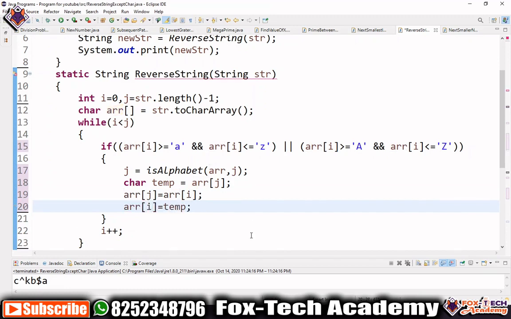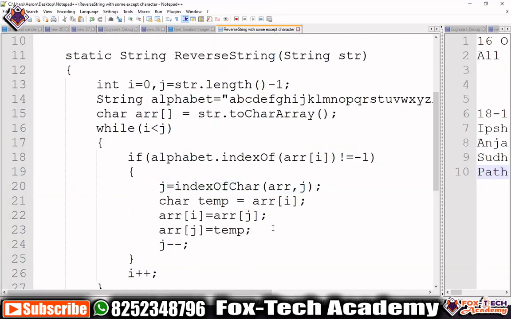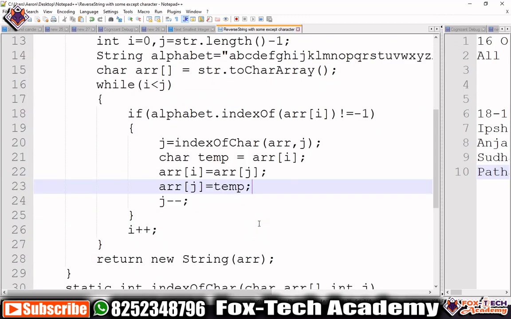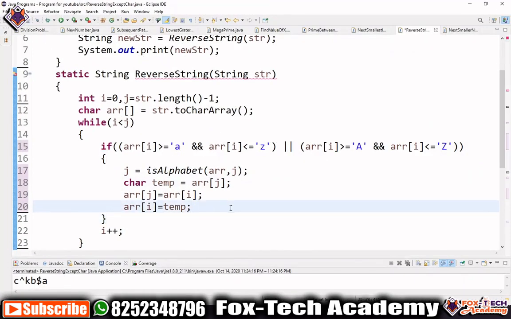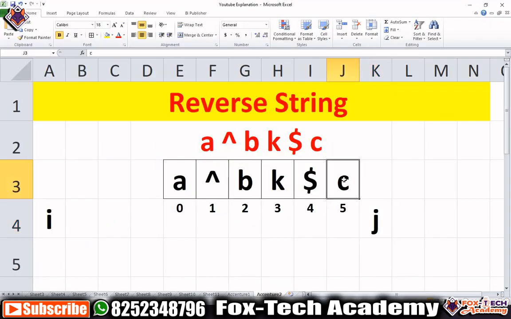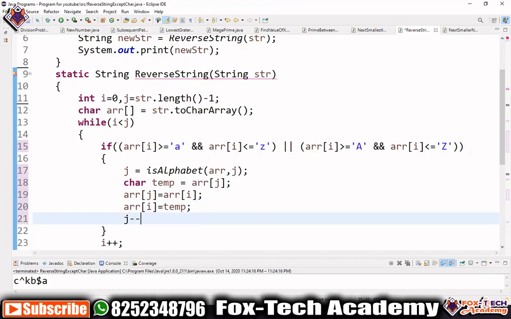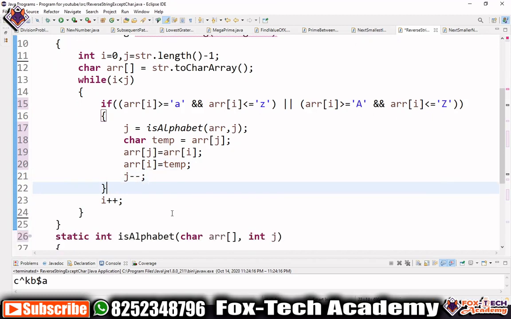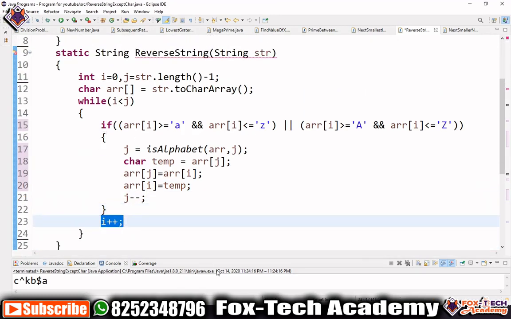It means that we are going to swap values. After this, suppose we have worked with this j element, we just have to decrement the value of j, so that next time j will be the second last element. So here we decrement the value of j, and here we have incremented the value of i also.